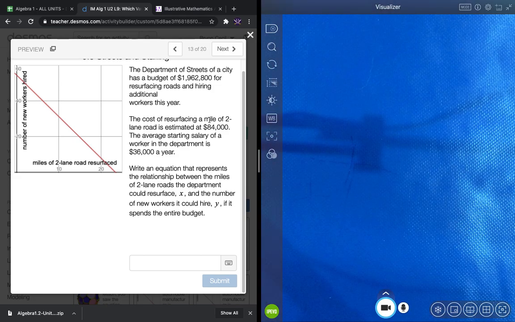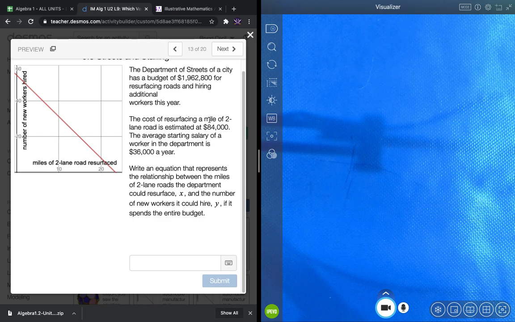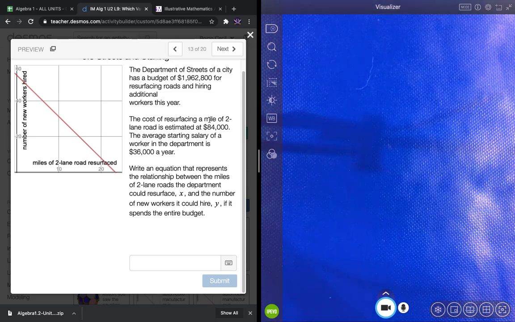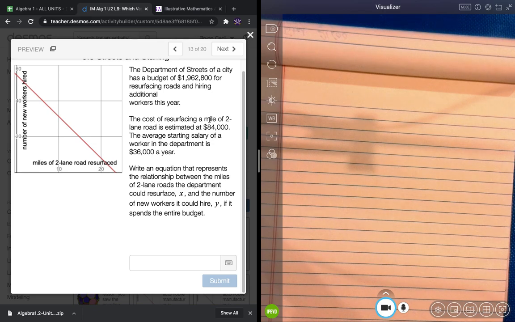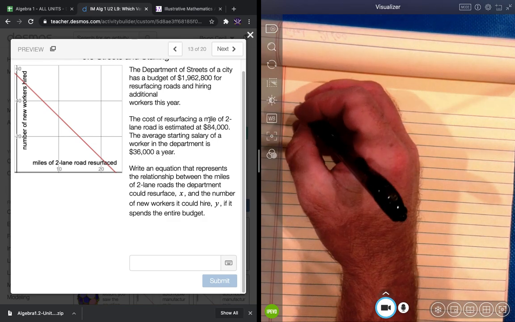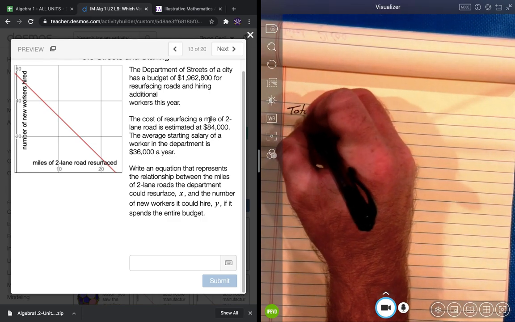So, all right. The Department of Streets of a city has a budget of $1,962,800 for resurfacing roads and hiring additional workers this year. The cost of resurfacing a mile of two-lane road is $84,000. The average starting salary of a worker in this department is $36,000 a year. Write the equation that represents the relationship between miles of two-lane roads the department can resurface X and the number of new workers it could hire Y if it spends the entire budget. So we know right here, guys, the total is